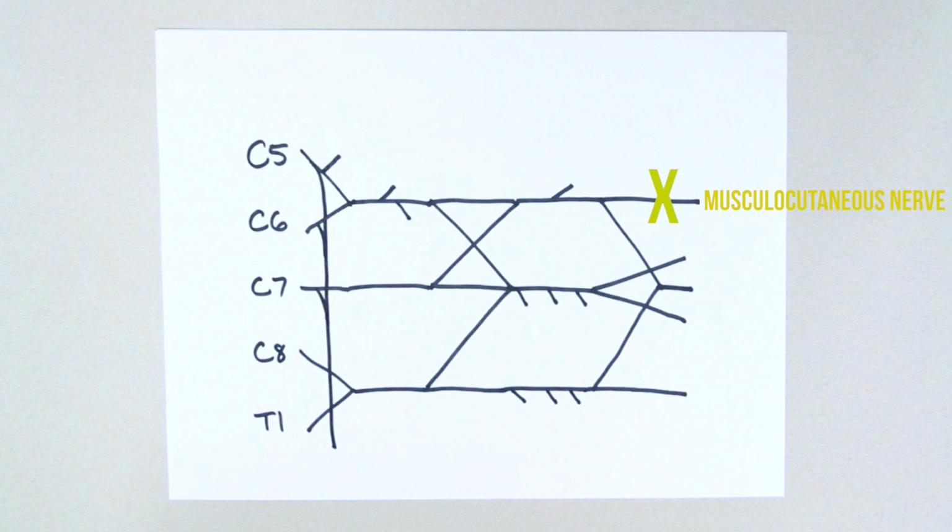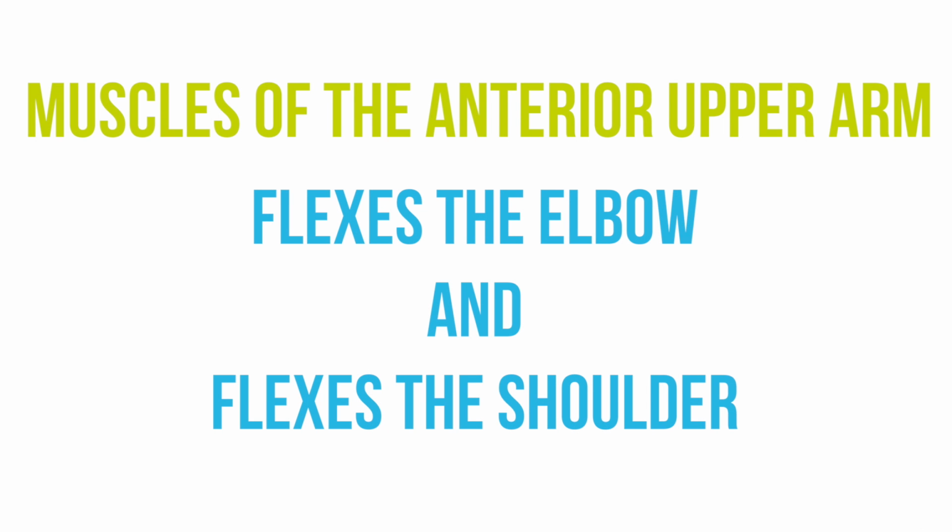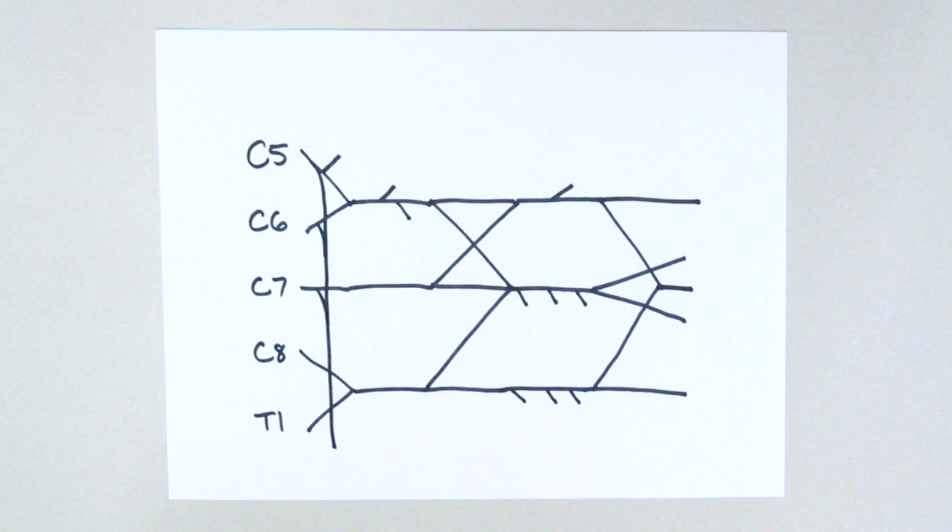of the upper arm, then a lesion there would cause a deficit in the functions of the muscles of that compartment. The muscles of the anterior upper arm flex the elbow and flex the shoulder. So a lesion there would cause a weakness in either one of those or both those actions. So you can play that game by putting an X anywhere on the brachial plexus and deduce what deficits you